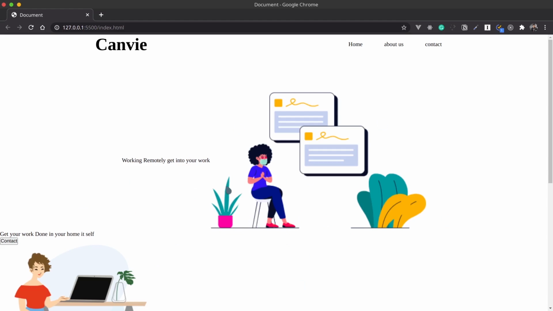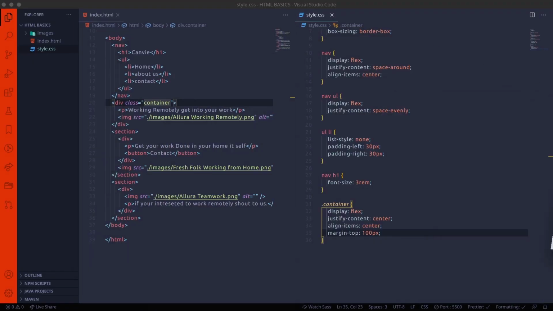We have to decrease this image size. So now we'll do that. In order to decrease the image size, I'm using the same reference called container and the image tag in that. Here I'm using the width property.